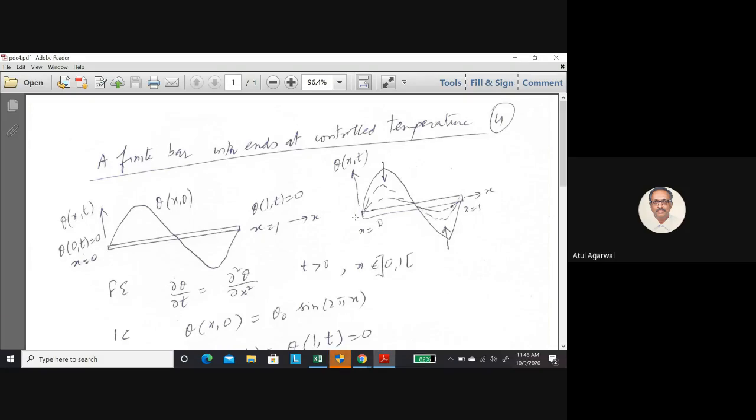Since we have given temperature at the ends, you are having some heat transfer here. You see temperature is going down, so somewhere the heat must be going away. Heat is being lost from these ends, and you can find the heat flux here as a solution of this problem.